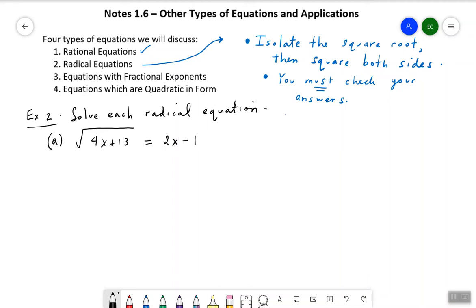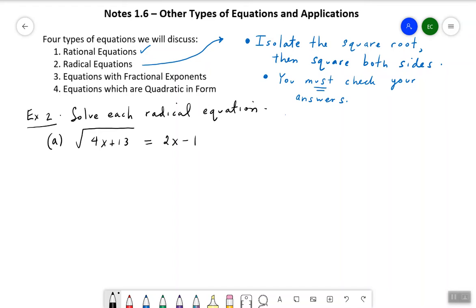Let's continue in section 1.6. We finished talking about rational equations, and so now we want to talk about a radical equation. You probably guessed that a radical equation is an equation with a radical in it. So if you look at this first example, there it is. There's a radical. Usually the radicals we see are square roots, but occasionally you might find a third or a fourth root as well. So we'll talk specifically about square roots